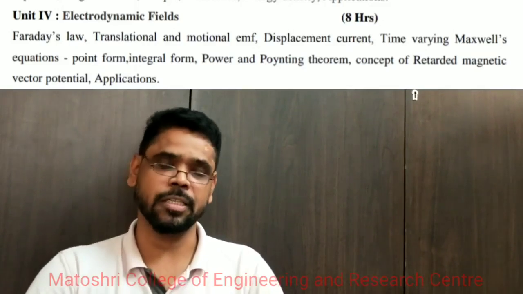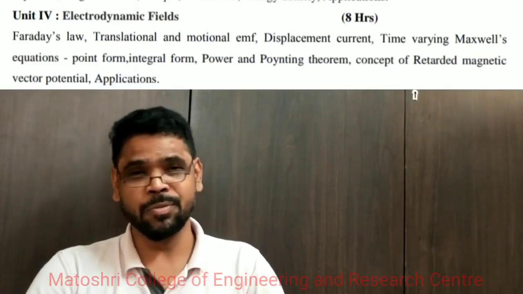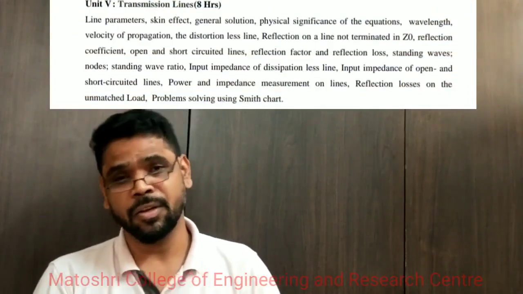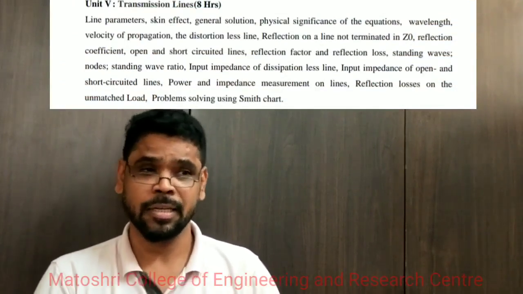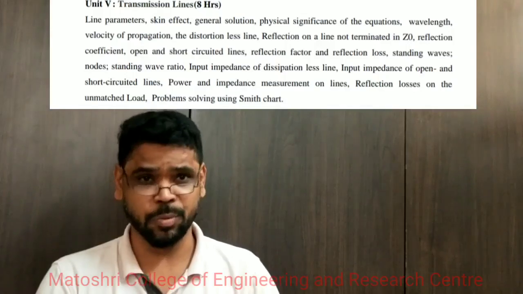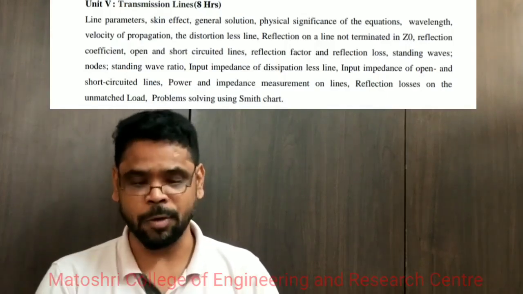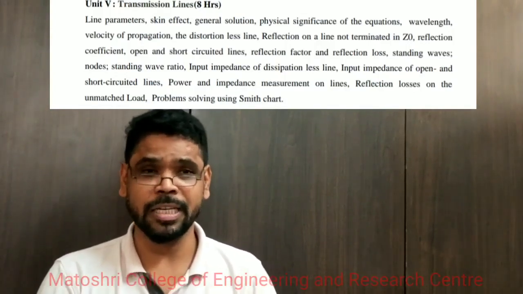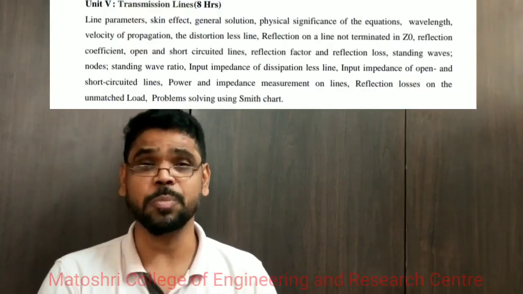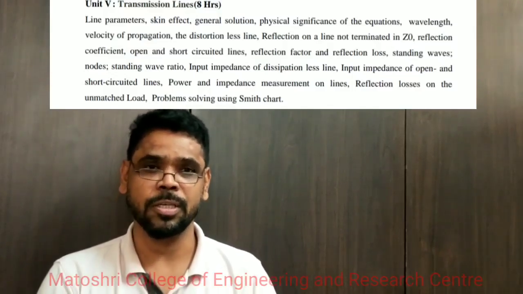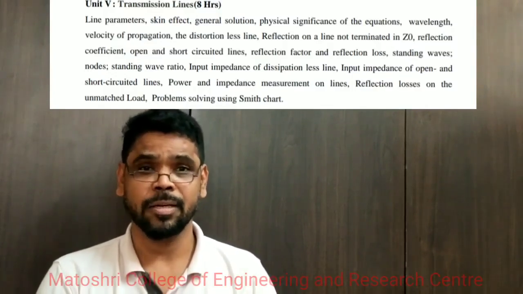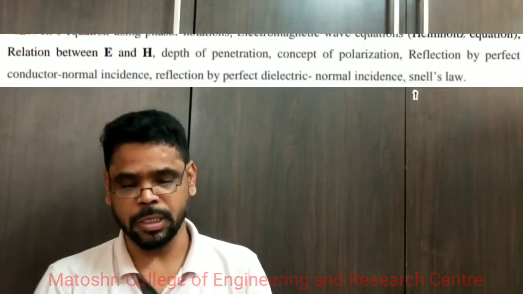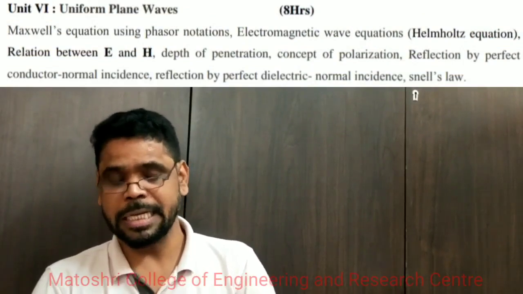Now the fifth unit is related to transmission lines. It deals with the various parameters and characteristics of the transmission line, the different ways to terminate the transmission line, the various ways to connect the input and the output, and problems related to the same. So you need to solve the problems theoretically on paper, as well as by using the Smith chart. At the end of the unit, you are going to discuss problems based on the transmission line using the Smith chart. Now the last unit is related to the uniform plane wave, which deals with Maxwell's